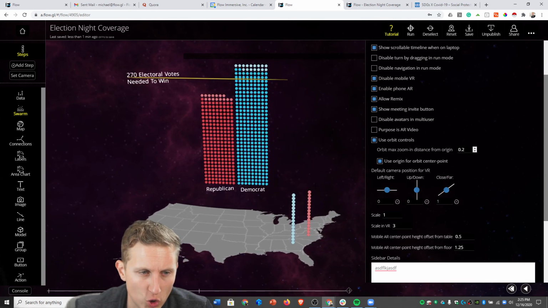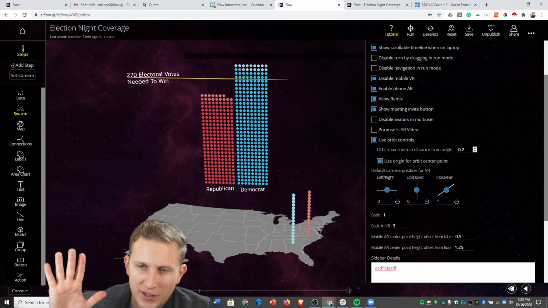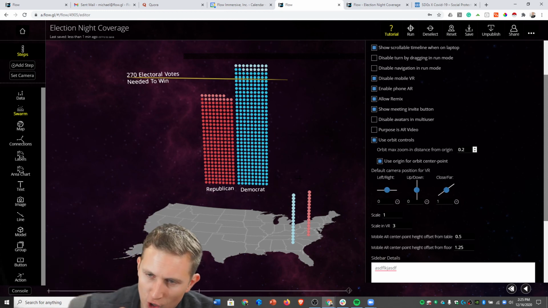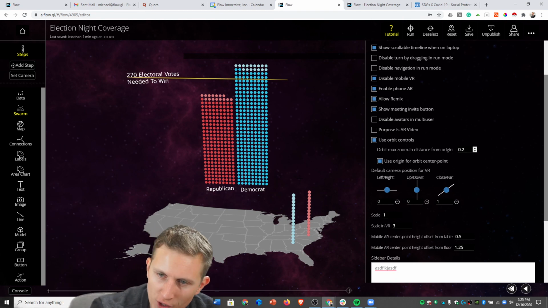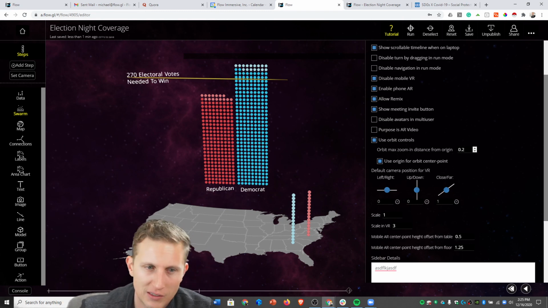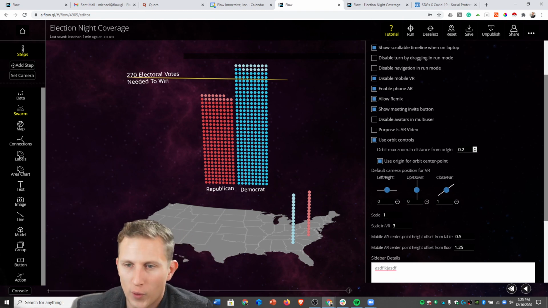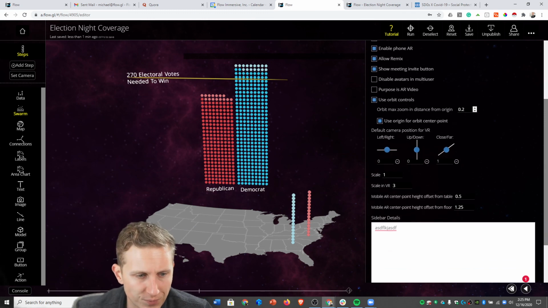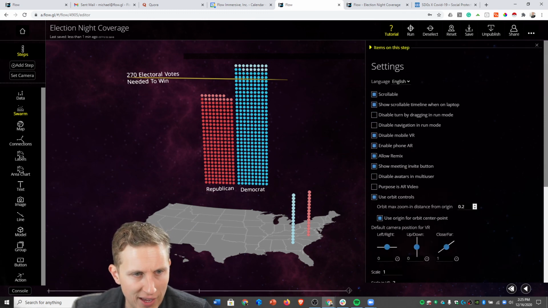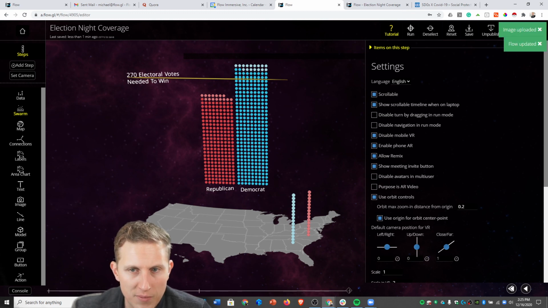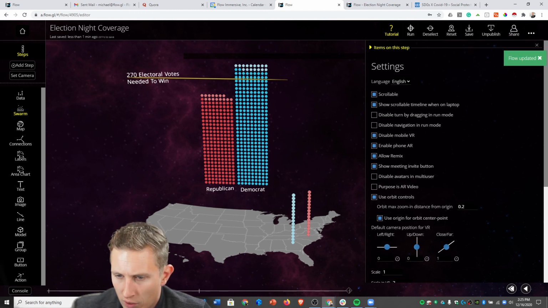And this max zoom in distance especially is applicable when you have a globe and you want people to be able to get close to the globe, like zoom into the globe, but you don't want them to go through the globe and get into the middle of it. So this prevents you from going all the way to the origin, essentially. So that is me covering the different modalities. And so what I was imagining here, and I'll stop this recording so